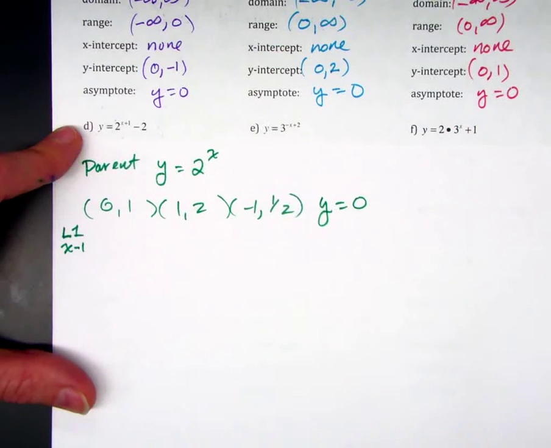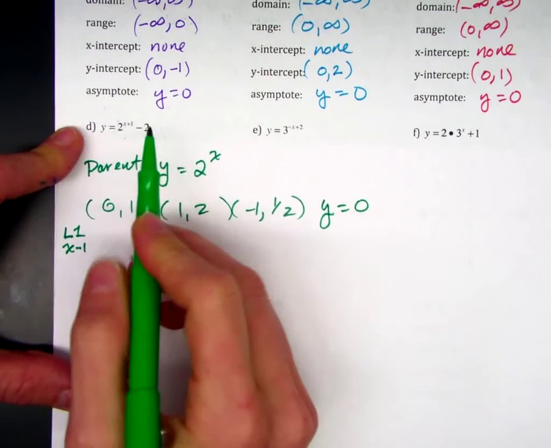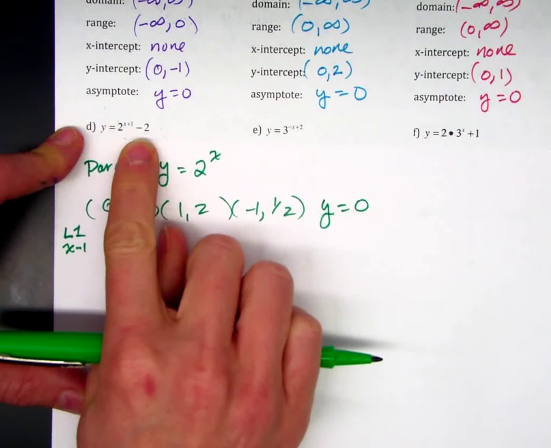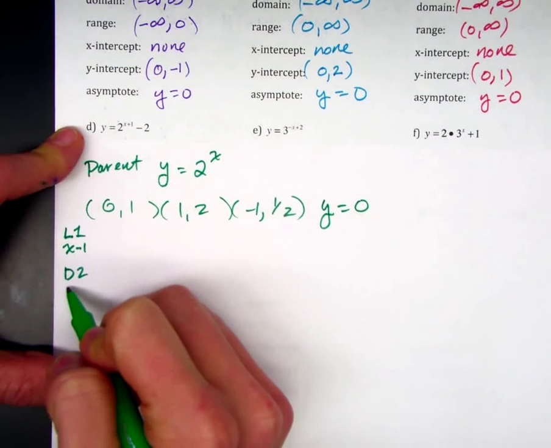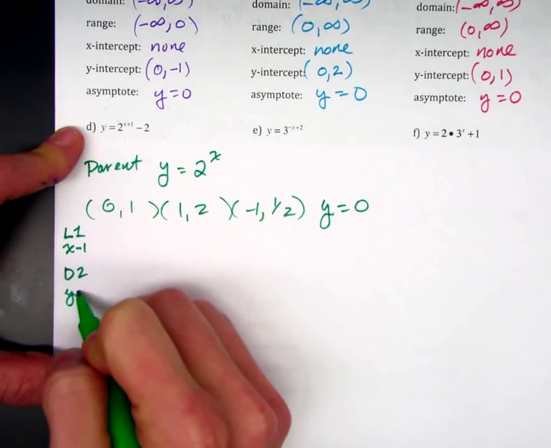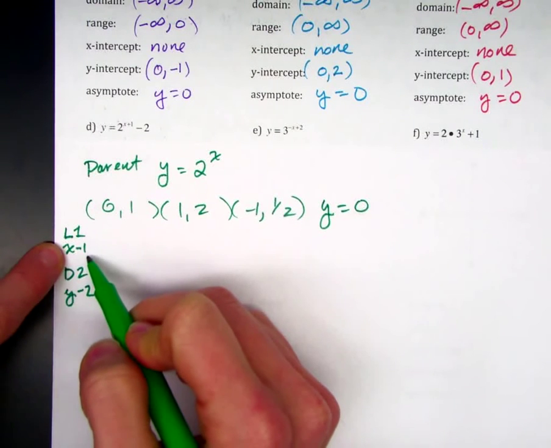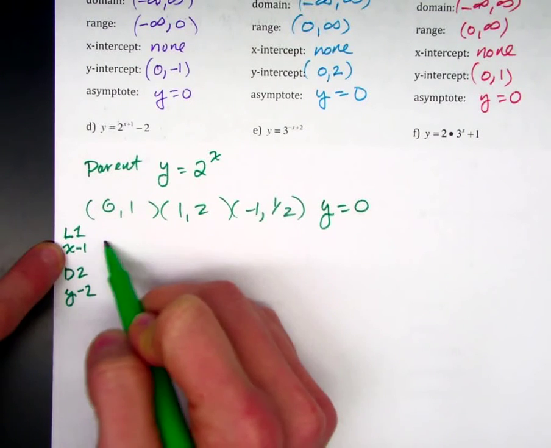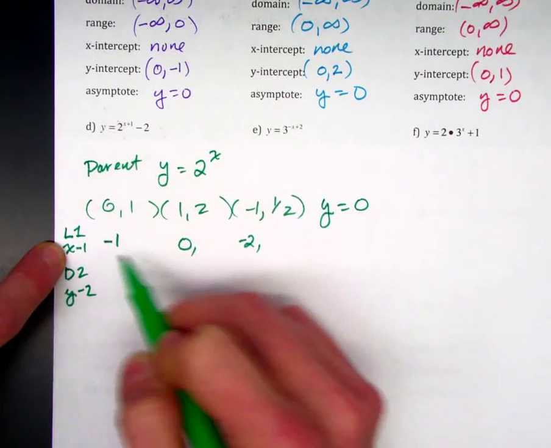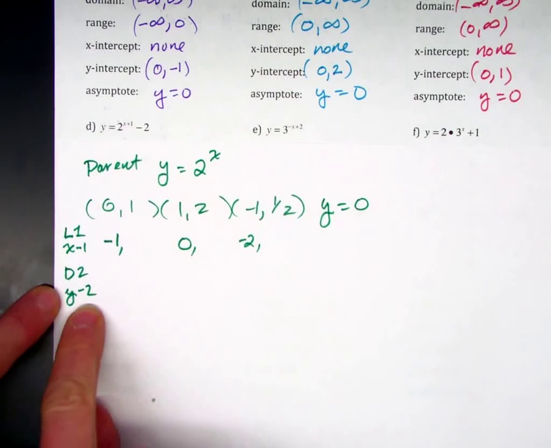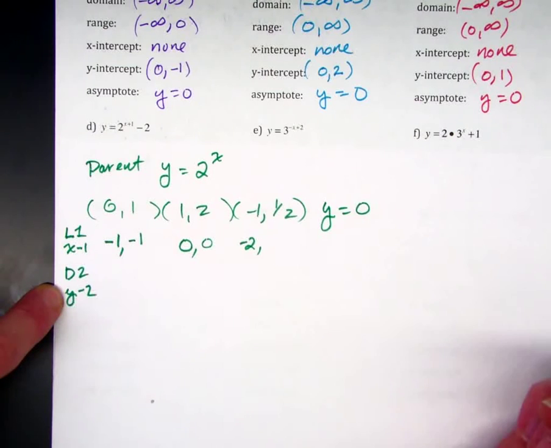And then, all right. And then we have this minus 2 here. What does this do to the function? Down 2. So we have y minus 2 then. And then what you're going to do with this, we're going to change all of our x's by subtracting 1. So we have minus 1, 0, and -2. Okay. And then every single y, we're going to subtract 2. So here we get -1, 0,